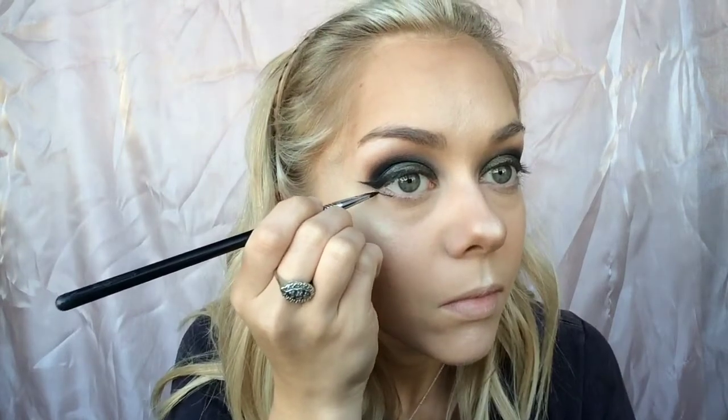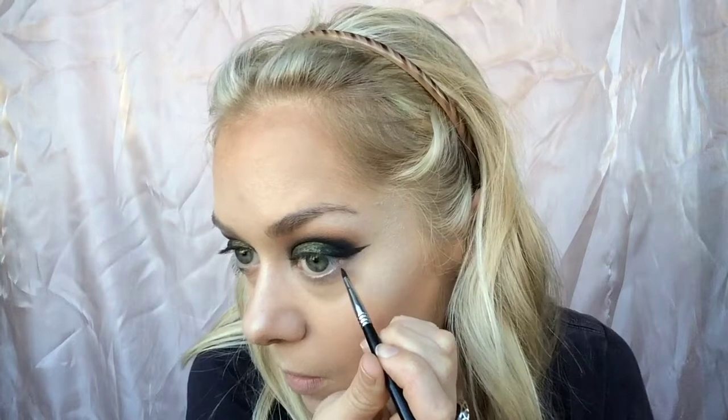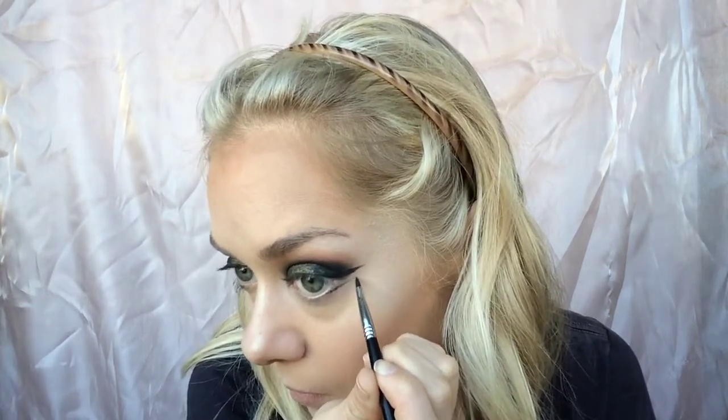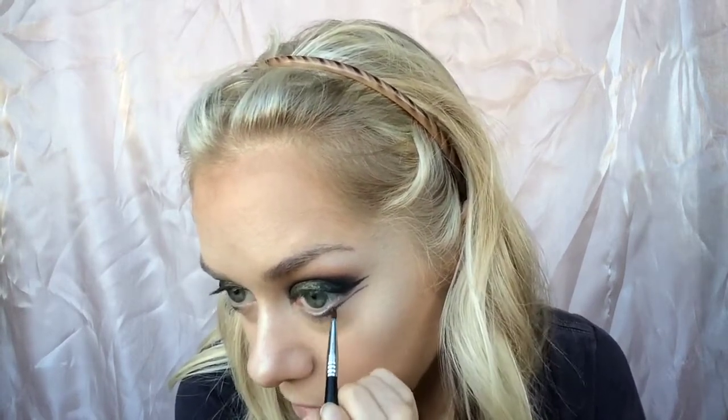Now we are going back in with that same brush and that same gel liner, the Maybelline, and we are just putting this gel liner underneath. You want to leave a little bit of a space there, so I just started where I thought I would be able to see the most space onto that lower lash line. I left three quarters of the way, and then after that I really filled